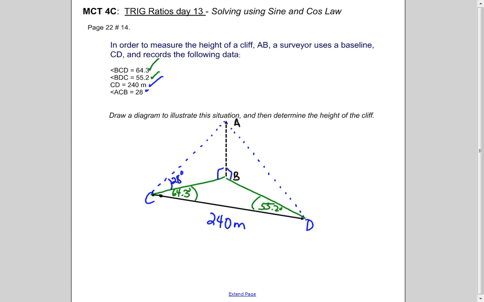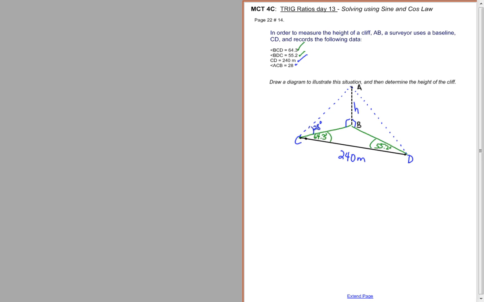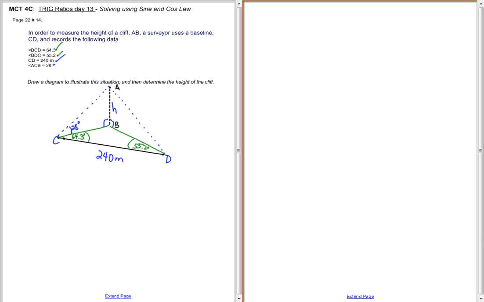We want to find the height of the cliff. In order to find H, I need to use trig in the blue triangles, the vertical triangles, and I don't have any lengths there. So I'm going to use the green horizontal plane to find some lengths. So I have the 240 already. I could use the 240 and the 64.3 or the 55.2 to find the lengths of either CB or BD. And it doesn't matter which I choose. So I'm going to find the length of C to B